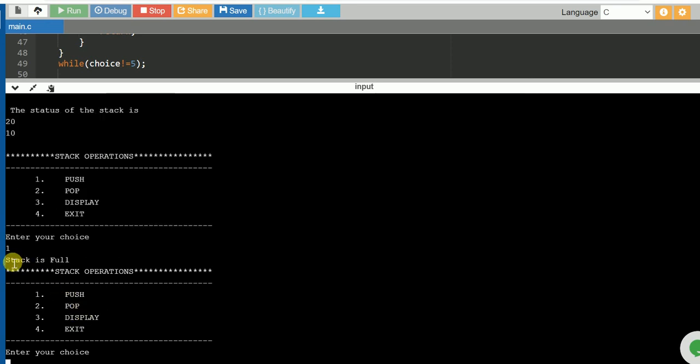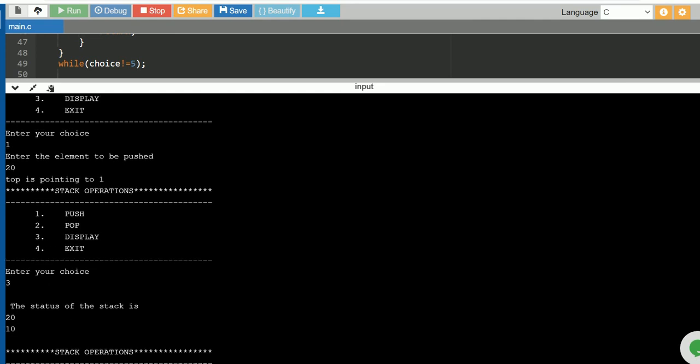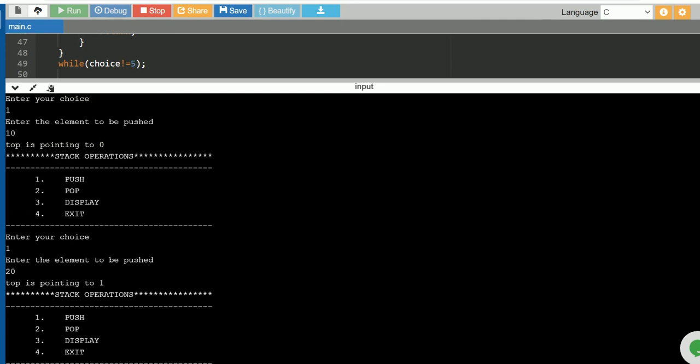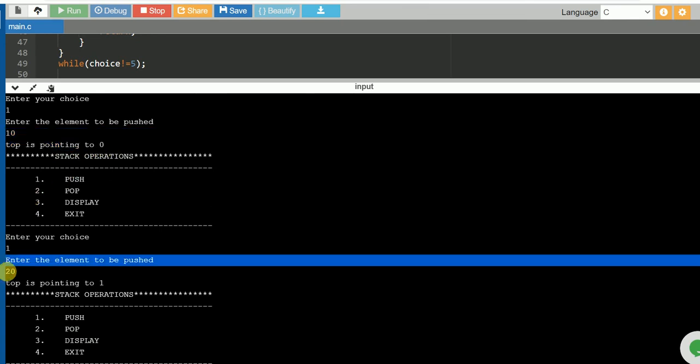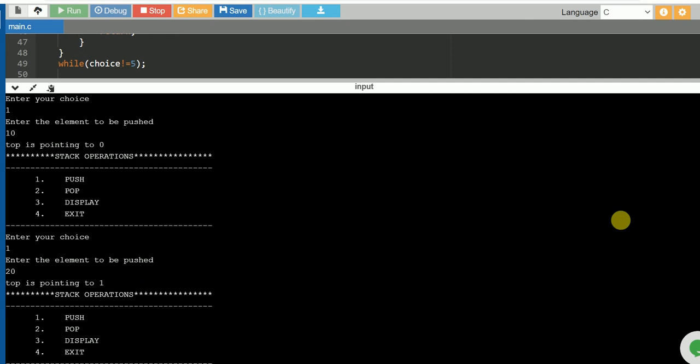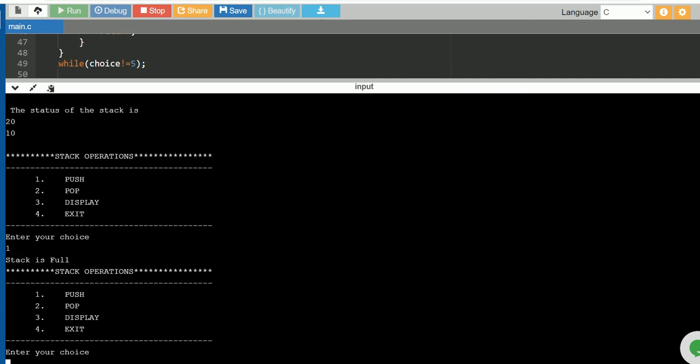Yes, it is giving that stack is full. For your reference I have also added what the top pointer is. When I insert the first element, top is pointing to 0. When I insert the second element, top is pointing to 1. Next I will just display, then I will exit.